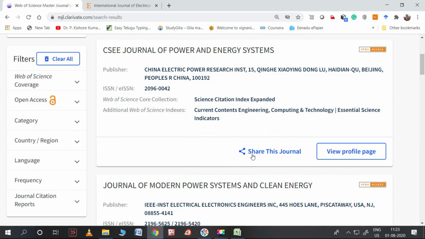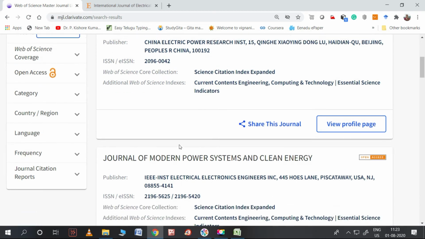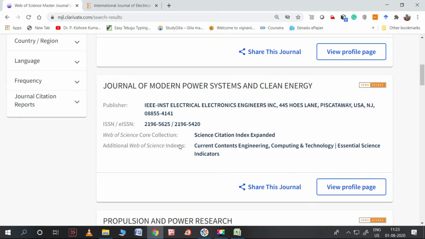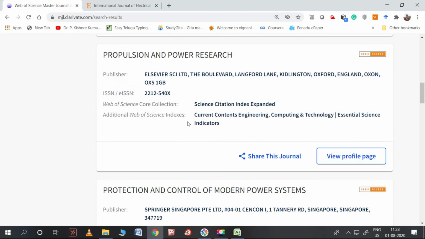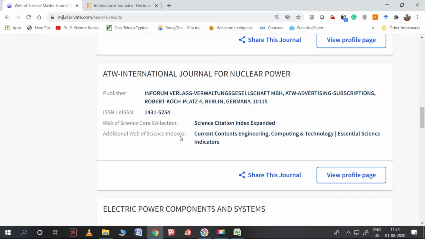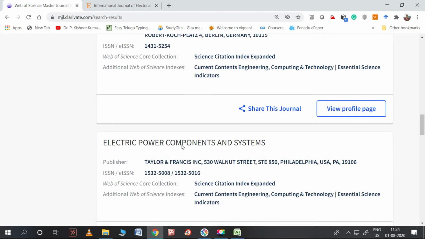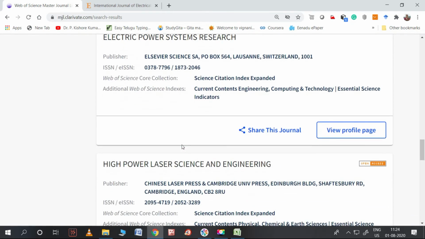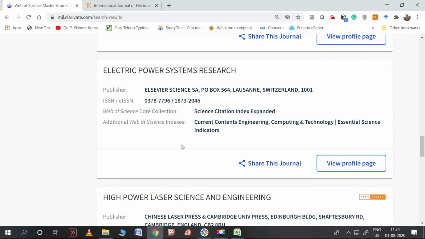Yeah, same thing what we have done in the list. So without downloading the list also we can do here. So let me explain what it gives you exactly. It gives us which type of core collection this is. That means whether it is SCIE or whether it is Emerging Sources Citation Index. Okay, these types are there. So with that you can identify whether you can go ahead with them or you can drop it. Okay, that is the thing. Those things are clearly visible here.